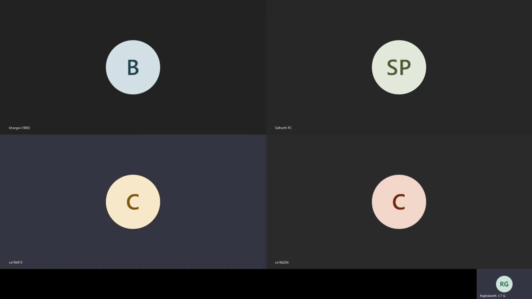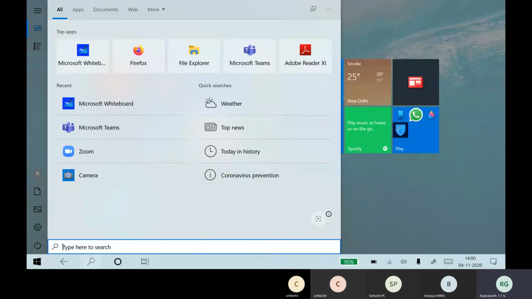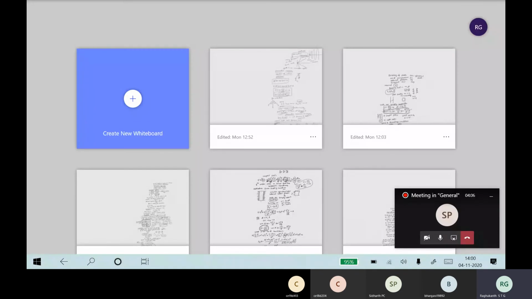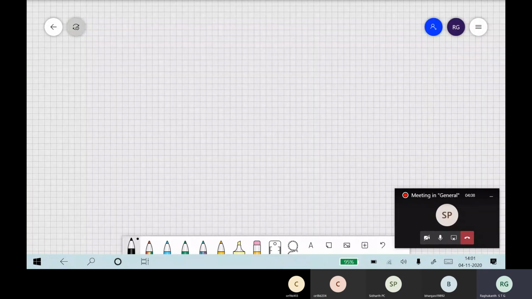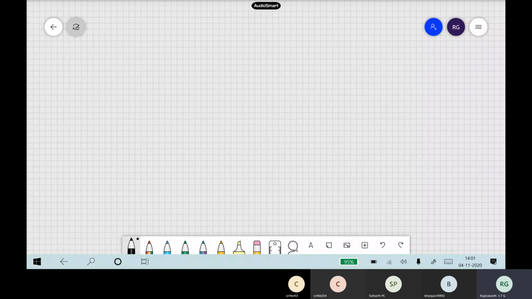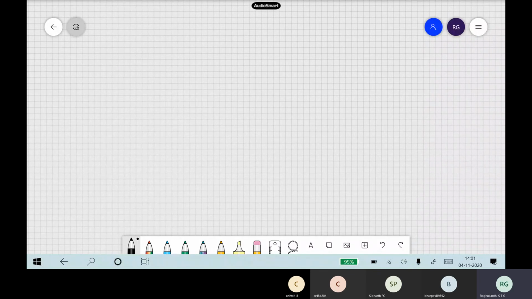So anyway, we will start our discussion. So anyway, we'll start this one. If you remember the previous classes, we have closed the finite difference method, and we have started discussing the pseudo-spectral method.